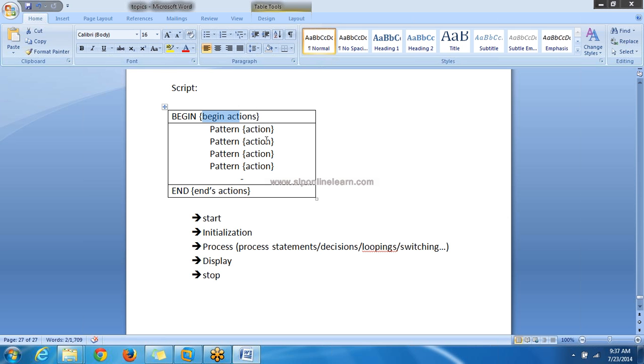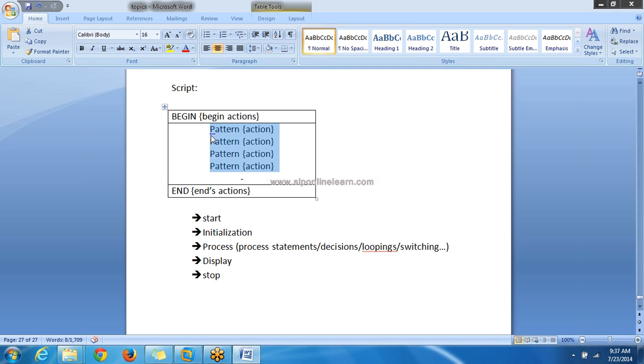Those statements can be a variable initialization, or specifying the field separators or record separators, or some other statements. So before starting the process, if you want to do some action, that action can be specified here.